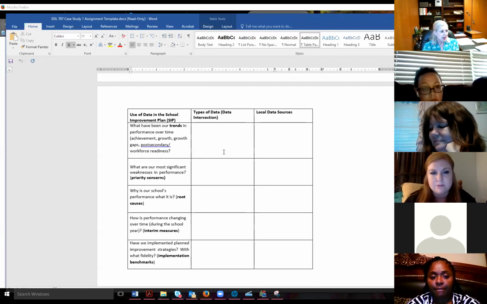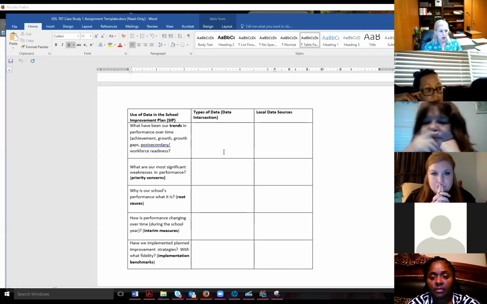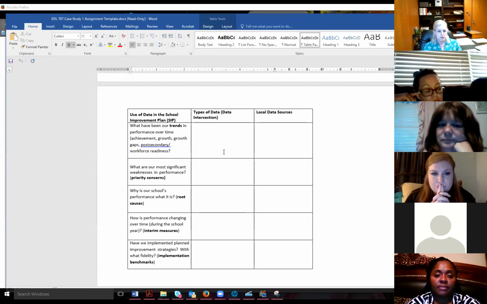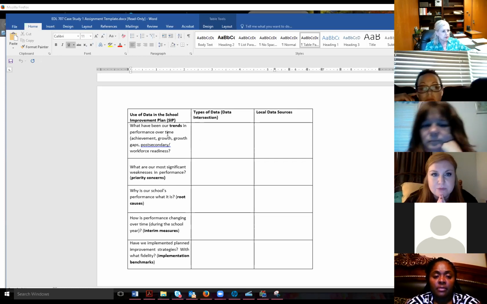Okay, so once I decide the data elements that I want to focus on, and you can focus on just one, you can focus on two. I would tell you don't do more than three. So 1 is fine, 2 is fine, 3 is fine, 4 is too many. It gets too complex too quickly. And this is an overview. This is not, like I said, training you to go be the data analyst for your school system. Okay, so once I decide on that data, the first thing it's asking me to do is,